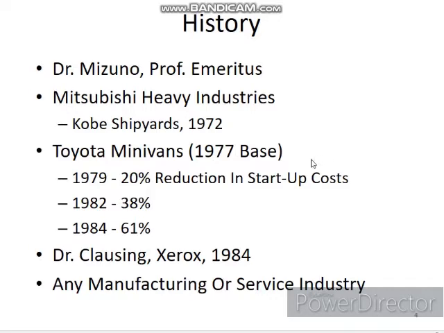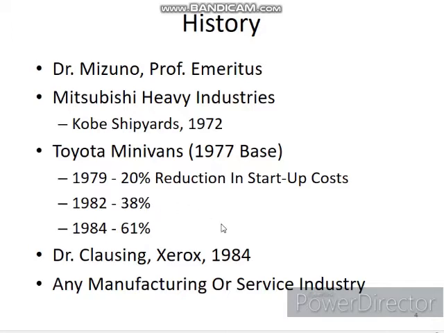They started that in 1977, and when they redesigned the minivan in 1979, 1982, and 1984, in designing every new model they got input from the customer, the voice of customer,